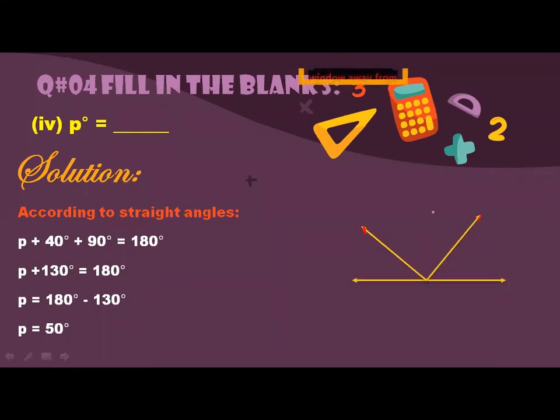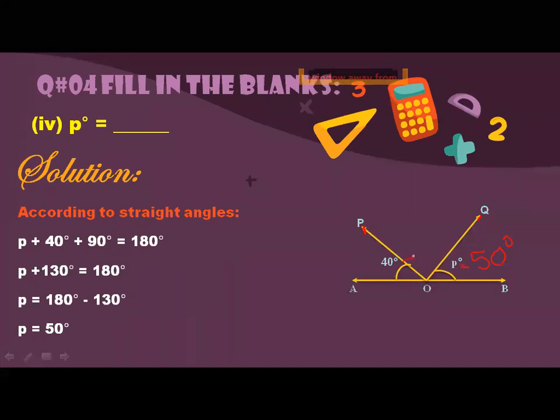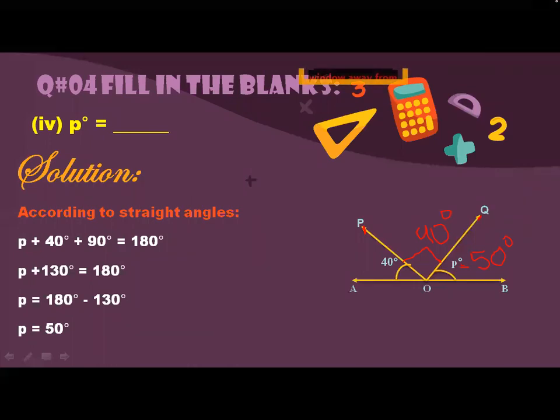Simple. Now simply you will label it. This is your angle number 1. This is your angle number 2, and this will be the labeling according to your given figure. Now you will write inside in your copy that your P is equal to 50°. And this is the perpendicular that is always equal to 90°. Understand? Now that's the end of the lecture. Is it clear to you? If it is not clear, please tell me.